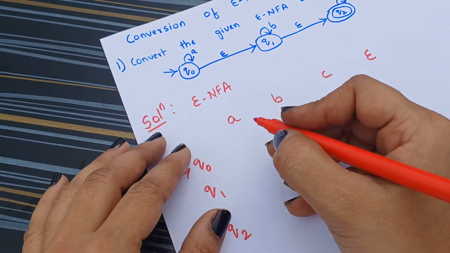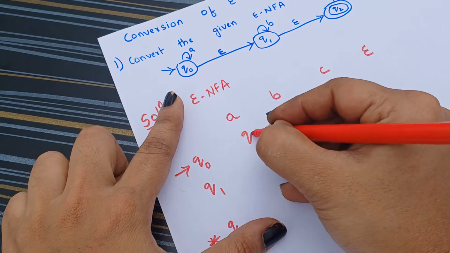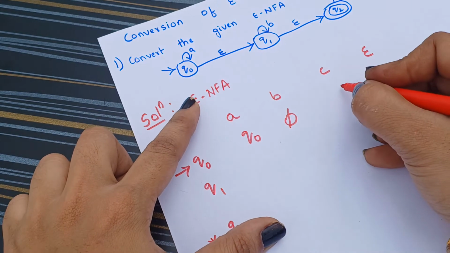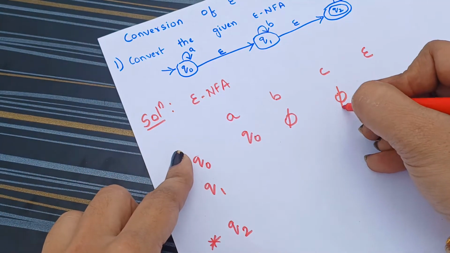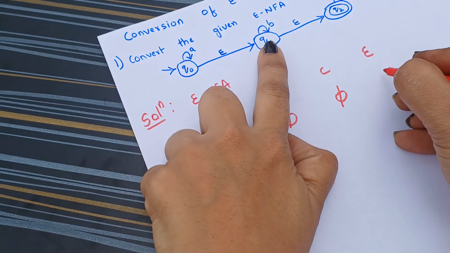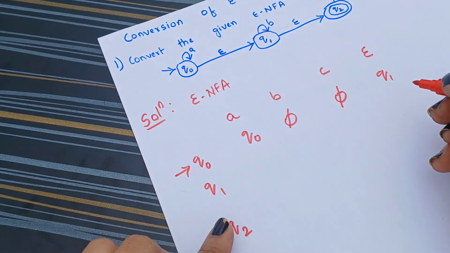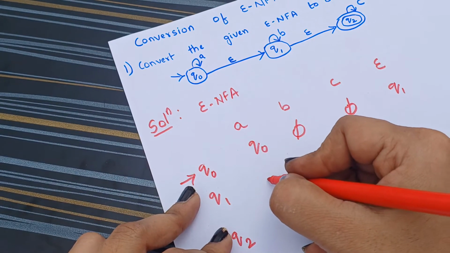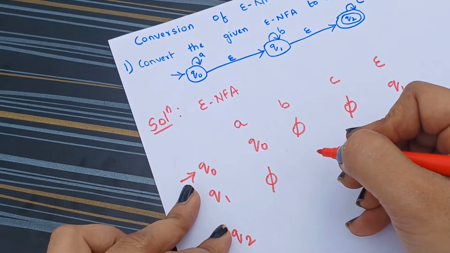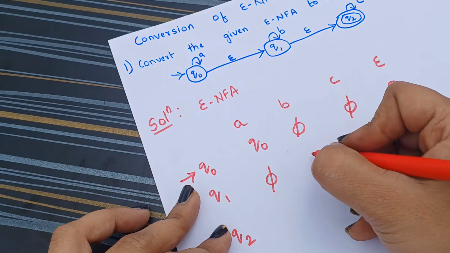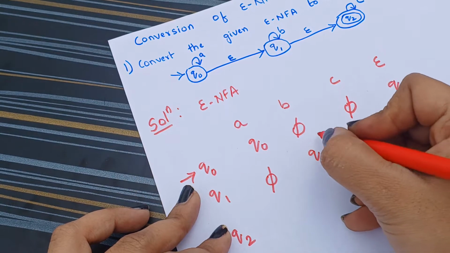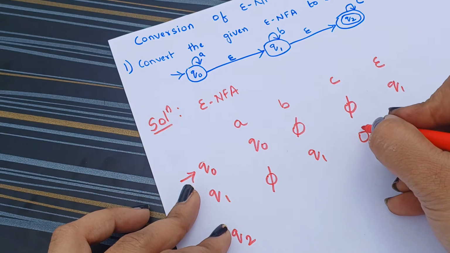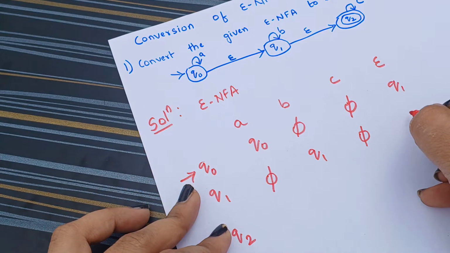Next we will see Q0 on A, where it is going to Q0. Q0 on B, it is going nowhere, so we will say phi. Q0 on C, it is not going anywhere, so we will say phi. Q0 on epsilon, it is going to Q1. Next Q1 on A, it is not going anywhere, so phi. Q1 on B, it is going to Q1. Q1 on C, it is going to phi. Q1 on epsilon, it is going to